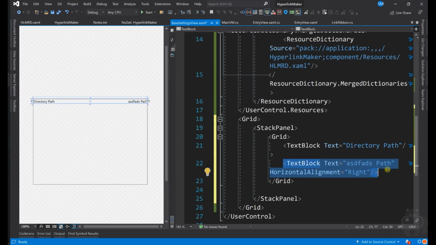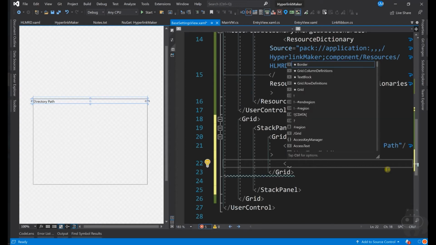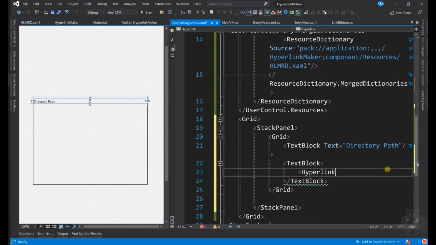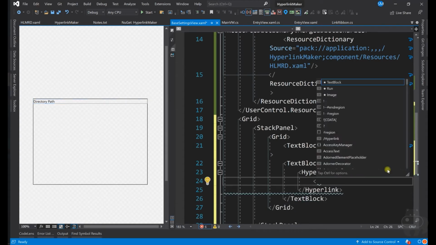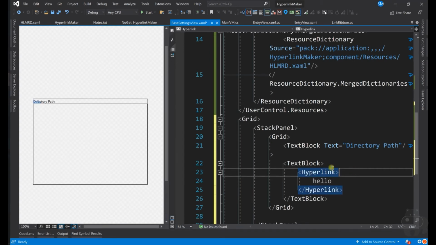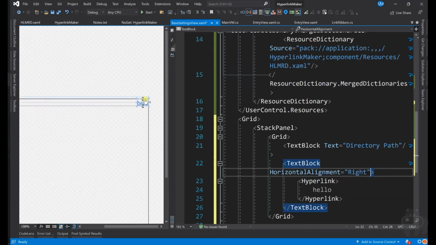So in the right side, you don't need a text block. What you need is a hyperlink. With WPF, you can create hyperlinks like a text block, and inside which you create a hyperlink, and inside which you put the text hello or whatever you want. And if I write horizontal alignment right, you get it here.